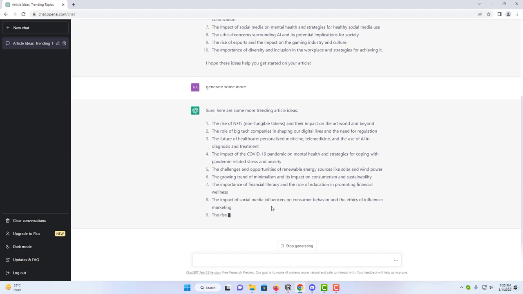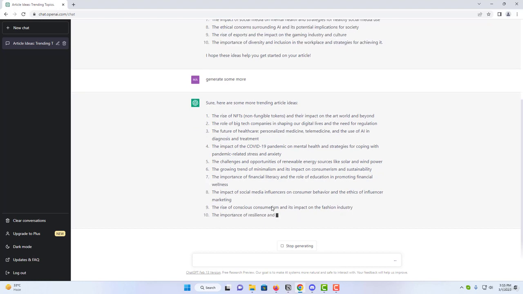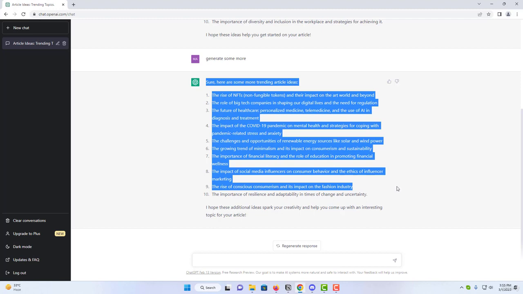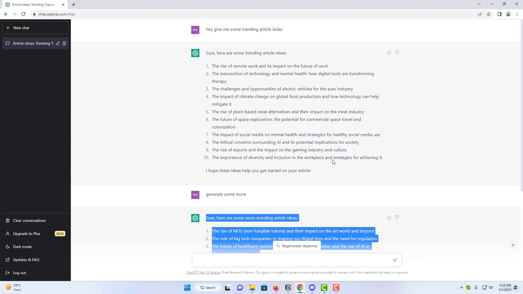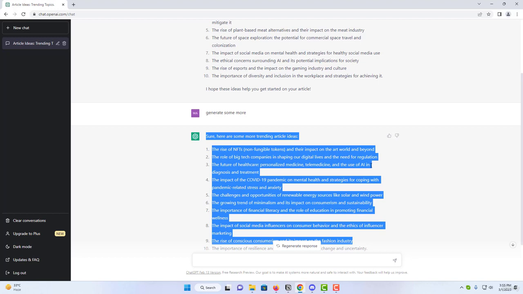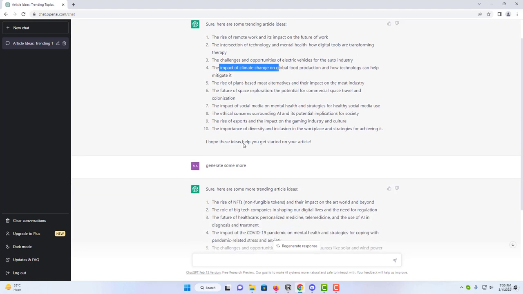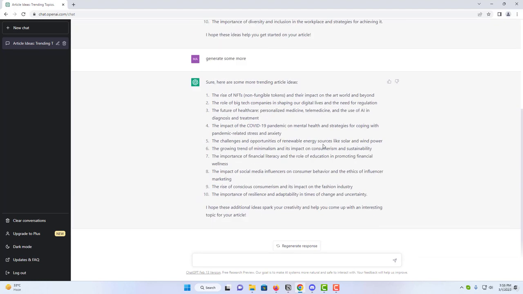So as you can see, the ideas are really interesting. You can just pick one of the topics from here, then step by step we will generate a full article from it. Okay, so as you can see, it generated 10 more articles for us, right? So from here, let's say I have to find one idea that seems to fit me. Okay, let's see. The impact of climate change, nah, I don't need this. The challenges and opportunities of renewable energy sources, nah. The impact of social media influencers on customer behavior, and I can specifically say what kind of topic I am looking for. Let's say